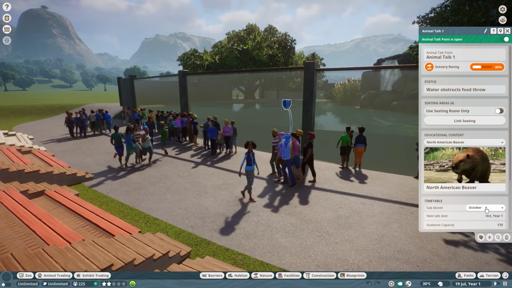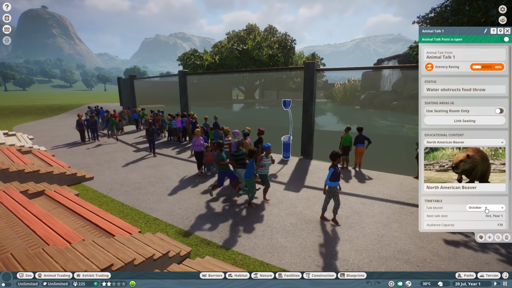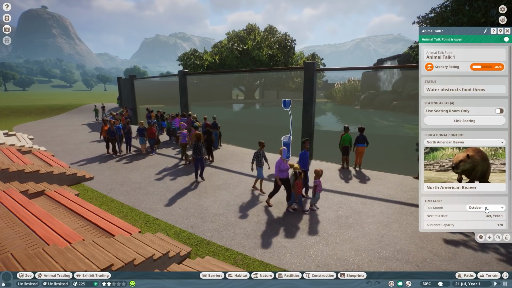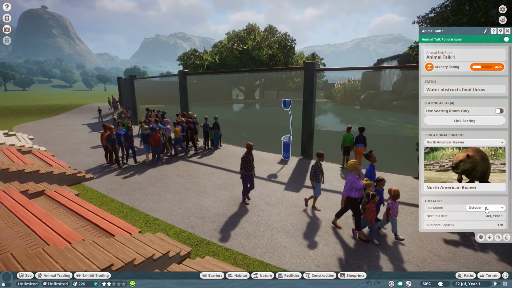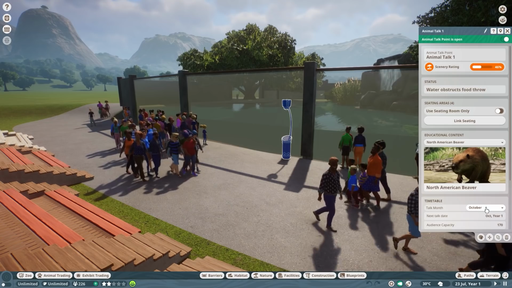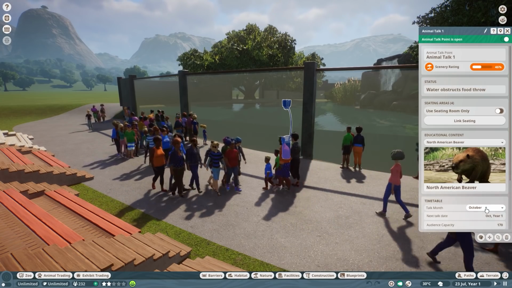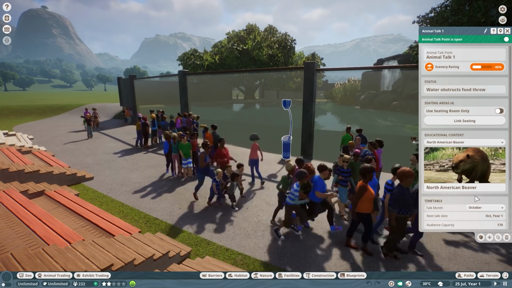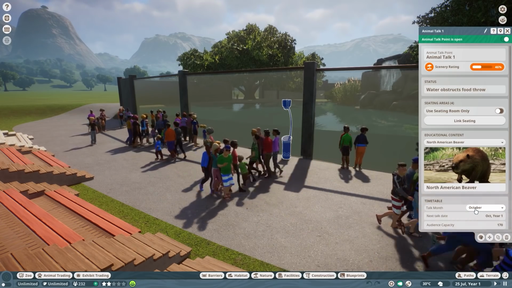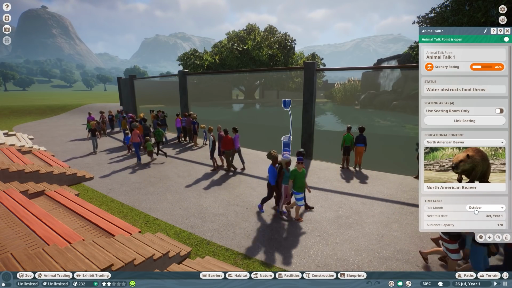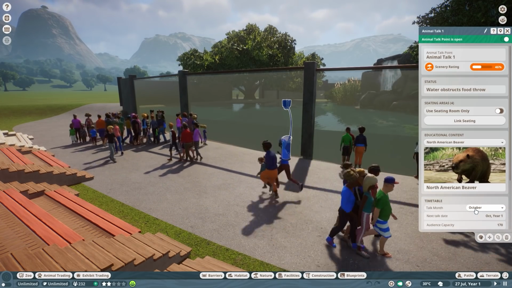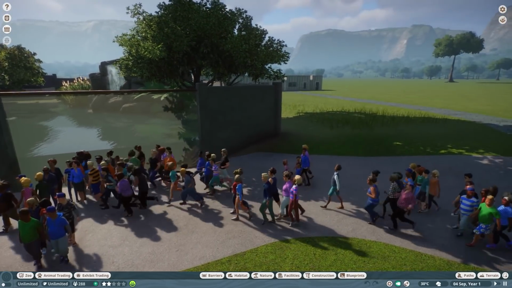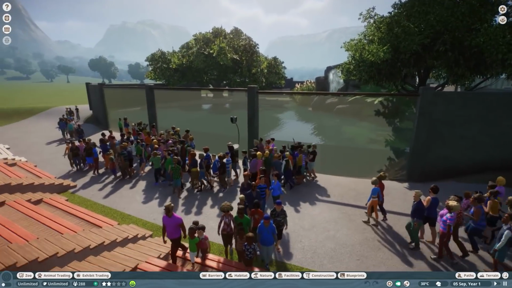So yes, you can have 1 Educator for say 4, maybe 5 or 6 animal talking points to do the education of. But just make sure that they're not too far apart and that there's always a month in advance that they're able to get towards that animal talking point and that they have time to take some rest. So it is now September, meaning that the Educator will be heading towards the animal talking